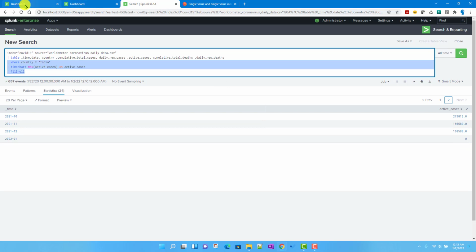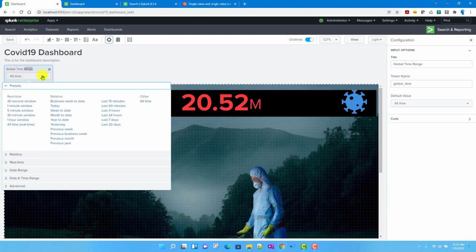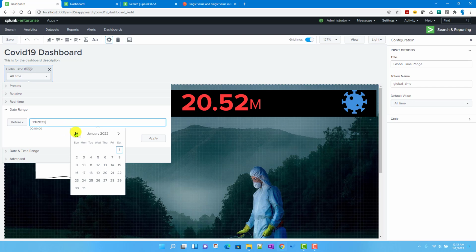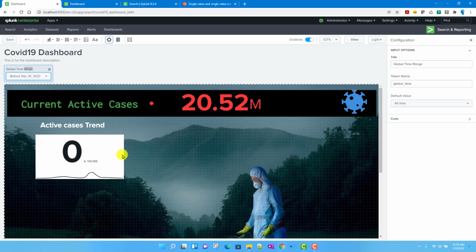So what I'll do for now is we will just filter based on time. Okay, so I'll just say before this one, December 31st. Okay, so if I just apply this one, it will basically omit that last bucket over here and it will show you this particular value over here. Now this is actually a big value. So what we can do is we can do it a similar way.